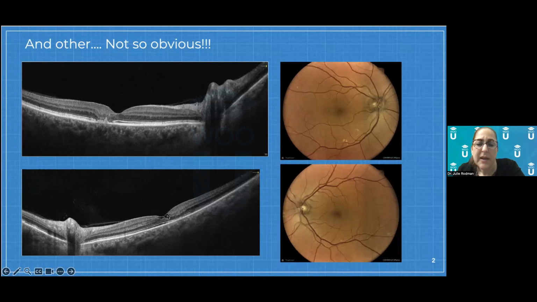Because here's my ILM drape. You can see the thin ILM and the cystic spaces, and probably a little bit of involvement of the outer retina as well. So this one wasn't so obvious because in fact, this patient even had drusen, but these OCTs gave it away that this patient had macular telangiectasia.